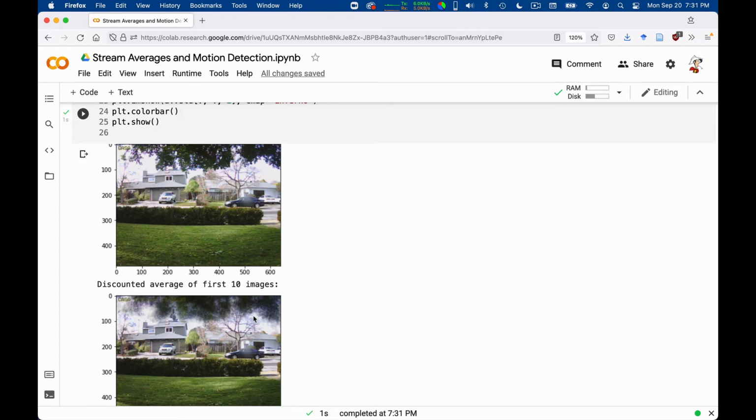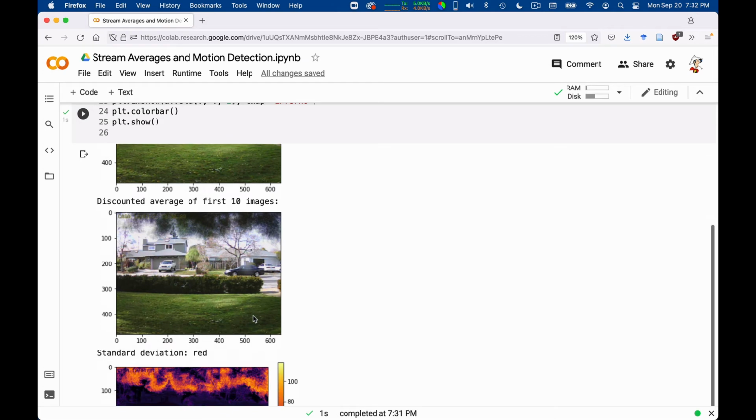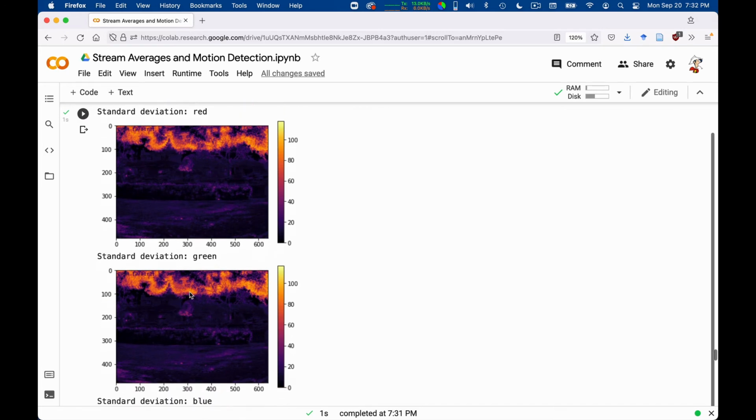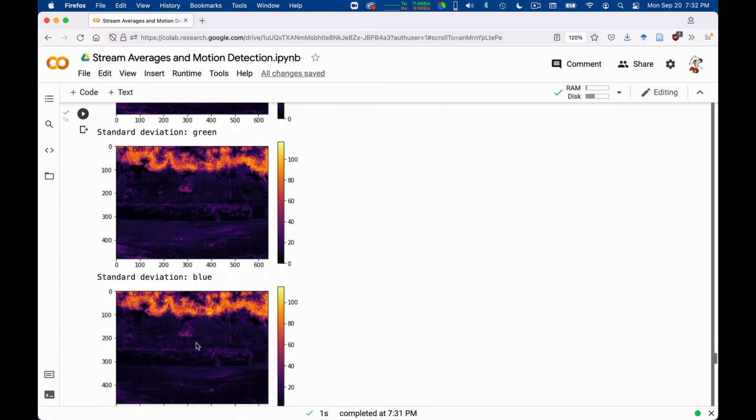And if you ask for the standard deviation, you can also plot it. We need to plot it independently for the 3 channels, or we could decide to show the sum. In this case, I show it for each color channel separately. The one for the red channel looks like this. Green channel, and blue channel.